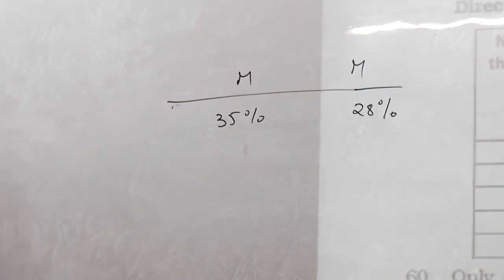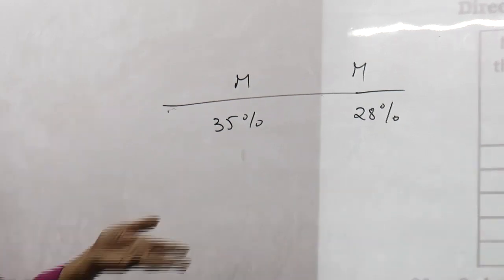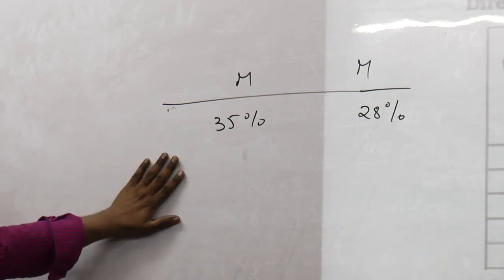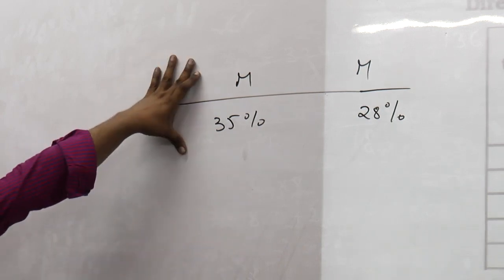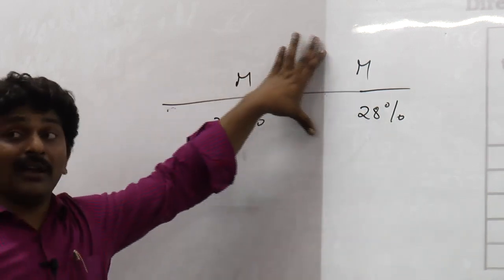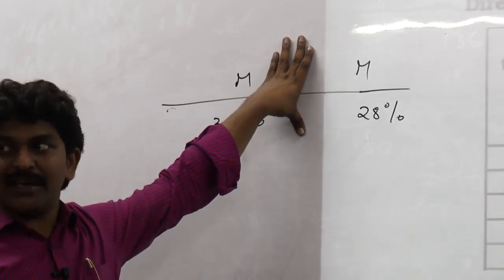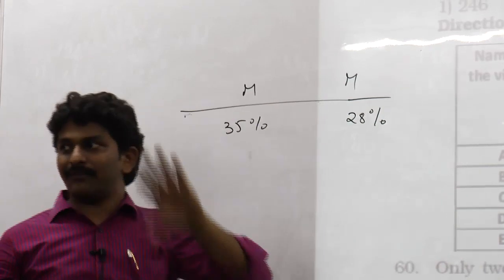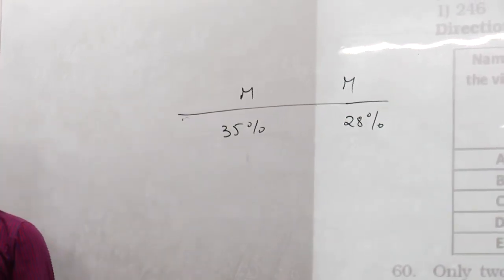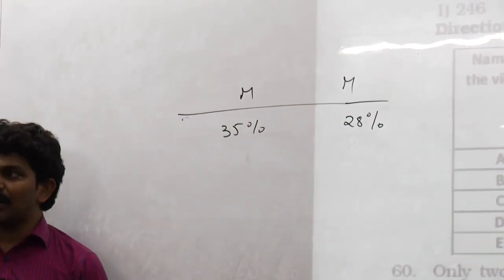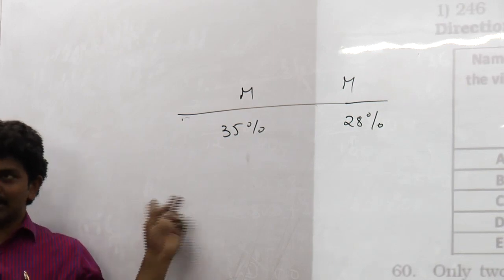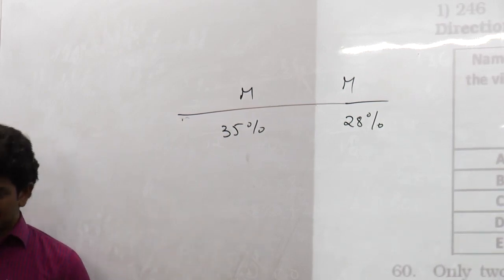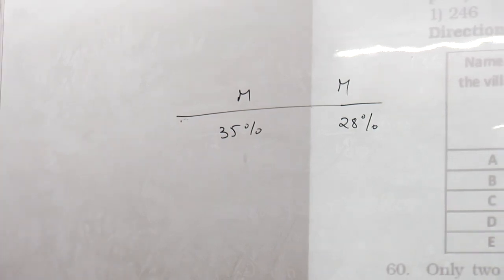If you are asked about the same comparison with respect to other village, then answer cannot be determined. This ratio is with respect to D, and if the other value is with respect to any other village, answer cannot be determined because you need to know total number of people in that village. As that is not given, answer cannot be determined. As these both informations are about same village D, you can get your answer. Next.